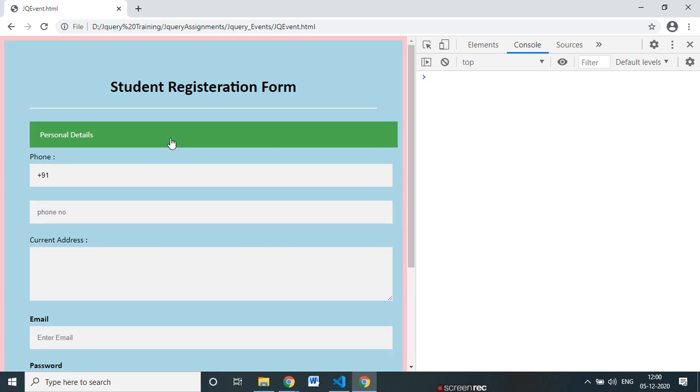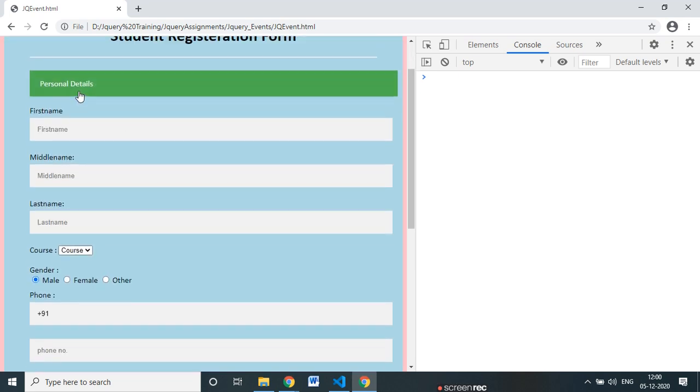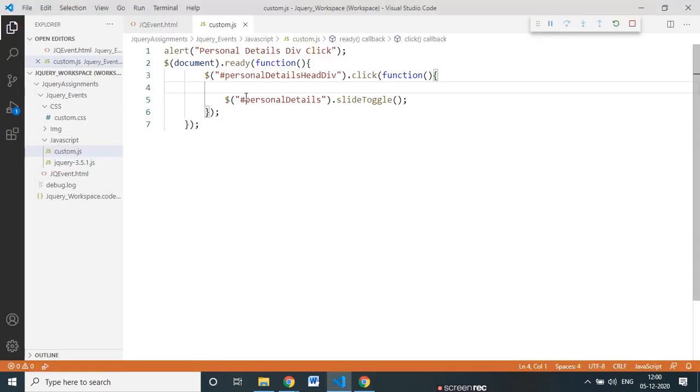See, now my toggle is working fine, but initially we want it collapsed. So which event will collapse this? Can we hide this div? I just put it here to hide this div initially.